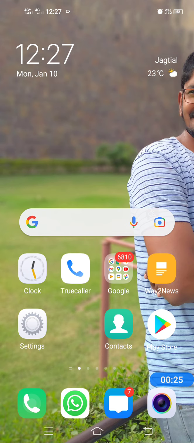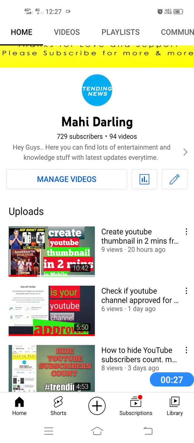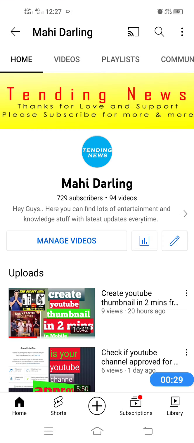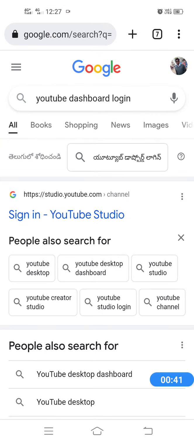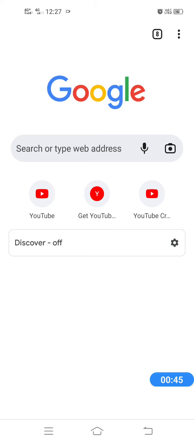Okay, let's go to YouTube. If you go to the YouTube application, you do not see the subscribers list; you only get the number of subscribers, but not the list. For that, you need to go to the Chrome browser or any other browser. Once you go there, open a new tab and click on the three dots icon in the upper right corner.